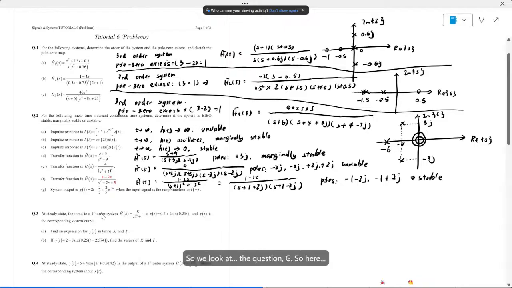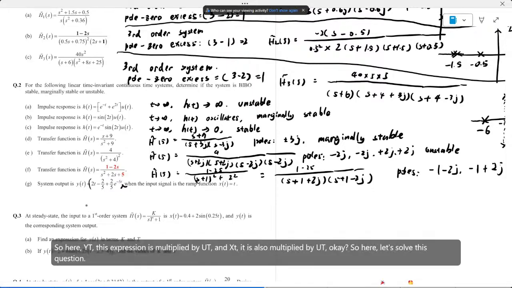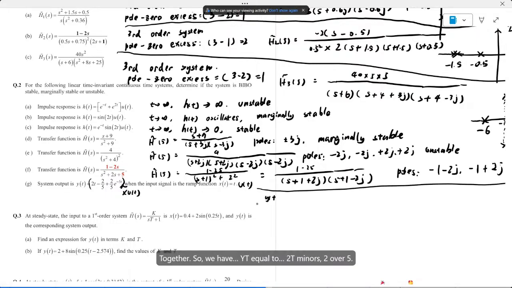Okay, then we look at question G. So here, I will multiply everything by u(t). So here, y(t), this expression, is multiplied by u(t), and x(t) is also multiplied by u(t). Okay, so here, let's solve this question together. So we have y(t) equal to